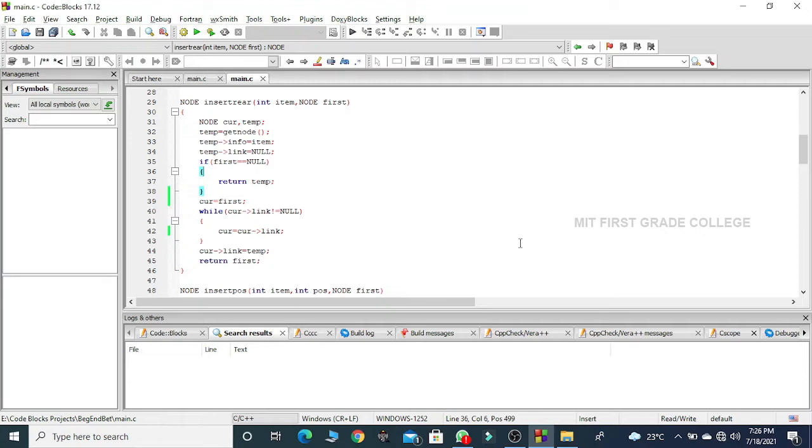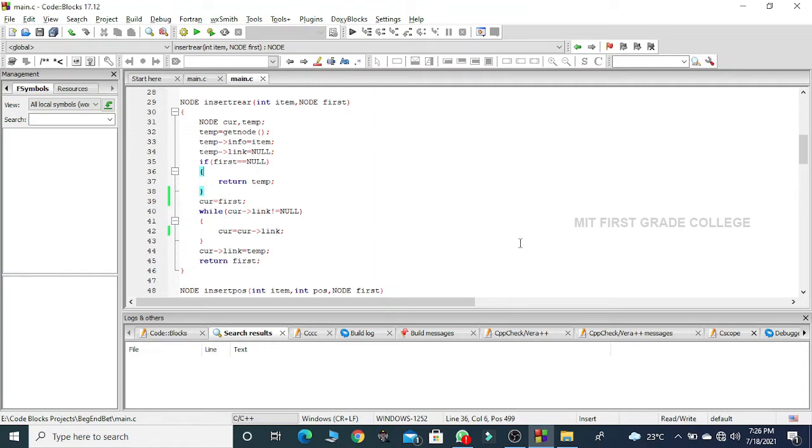Again, I check if current's link part is not equal to null. If that is not the last node inside my linked list, this condition will become true. And again, I assign the address of the third node, which is present in current's link part, to current. This while loop iterates until my current will hold the address of the last node.